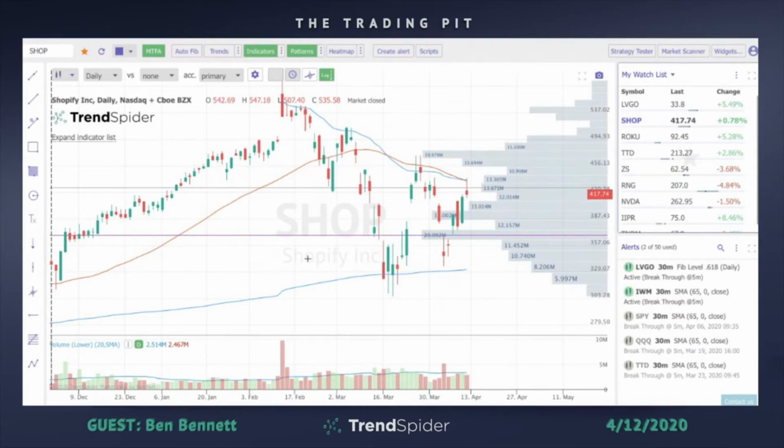Volume started to come in. Some of the other things I look for at that time: put-call ratios were extremely bearish. Sentiment was really extreme. So I saw this hold here, and right here on this candle on the 19th, I went ahead and took a position. I came in at 326.